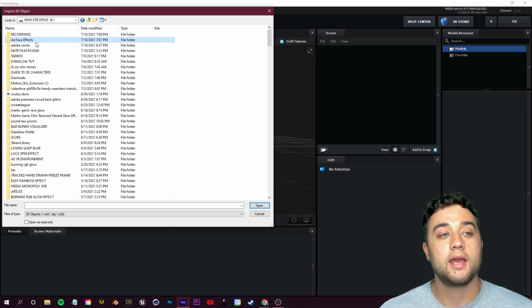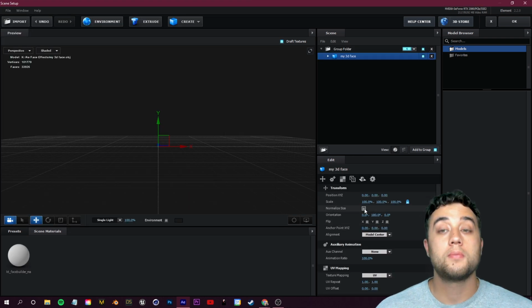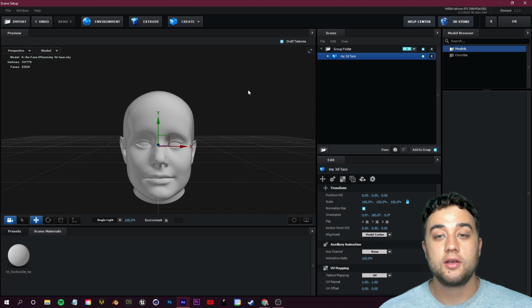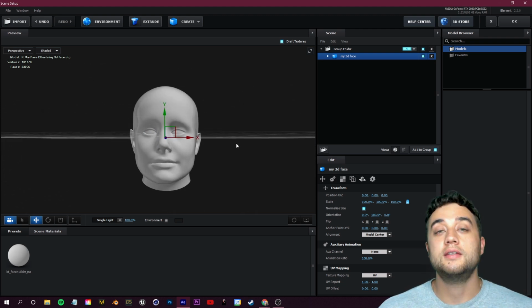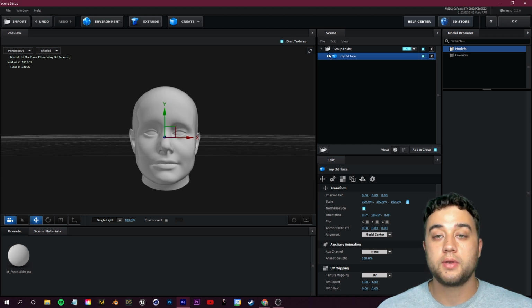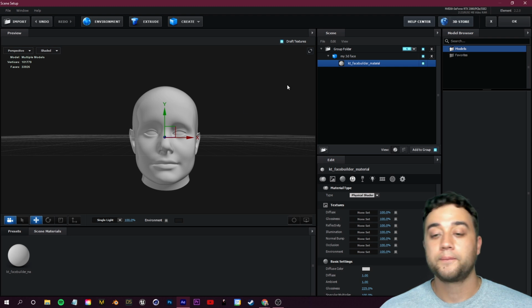So let's just find where we saved those. Mine was here, and then again, I'll check on Normalize Size. So here is the mesh of my 3D head. Now we just need to place on the texture. So open up this little 3D model drop down, and then for this material here, select that, and we're going